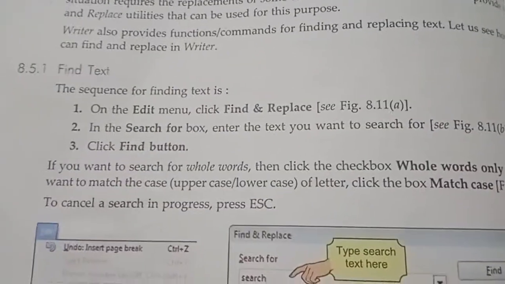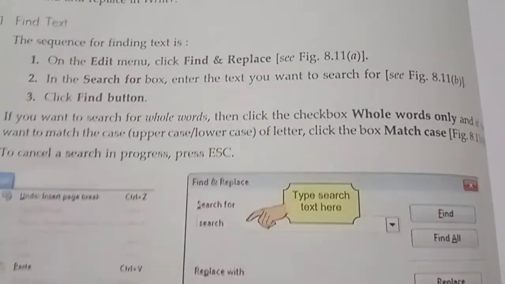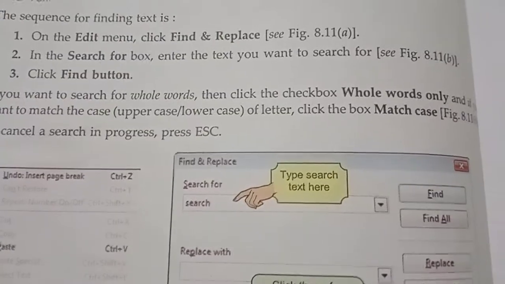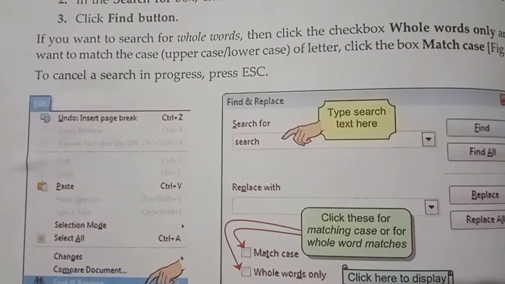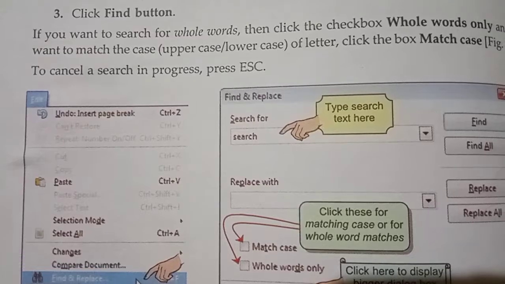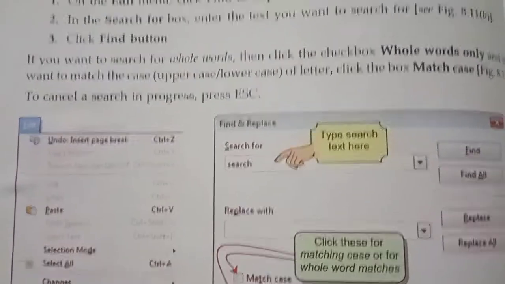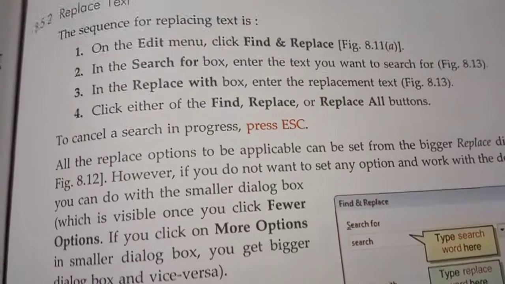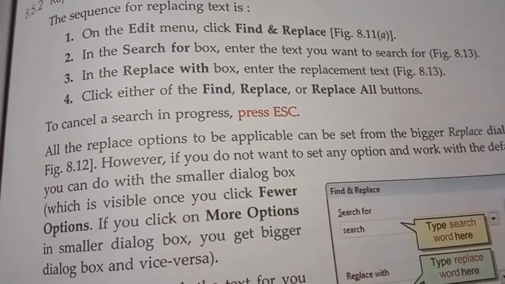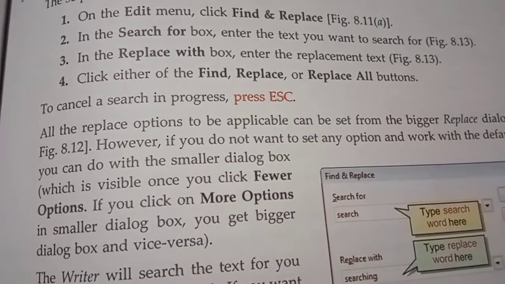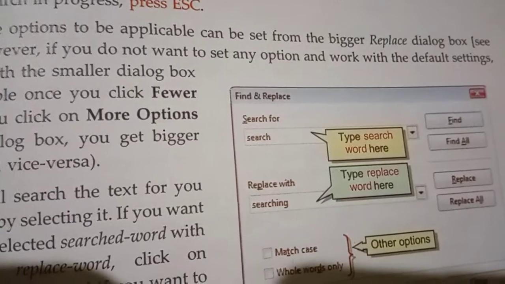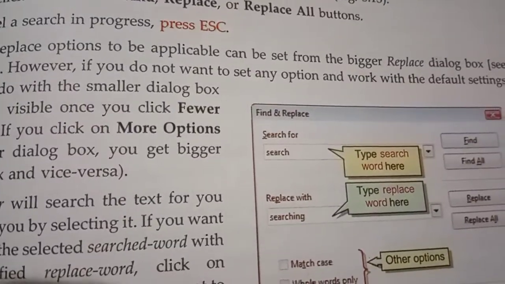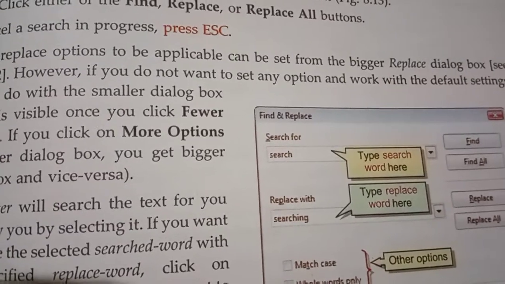This is the use of find and replace. These are the steps you need to study. For finding: in the Edit menu, click Find and Replace. In the search box, type the word you want to find, then Find and Find All. You need to write the working of Match Case and All Words. Match case means only matching cases, or all words means it will display all the words. After finding, you need to replace. Replace means first Edit menu, Find and Replace, then in the search box the word to find, then in the Replace box write the replacement, then the Replace All button or Replace button. This is the working of find and replace. It is very simple but important.